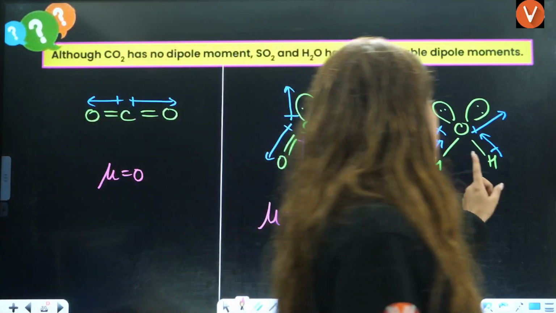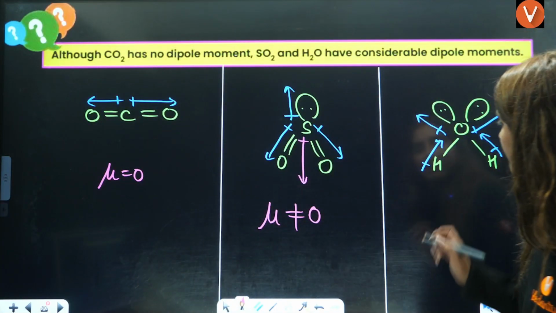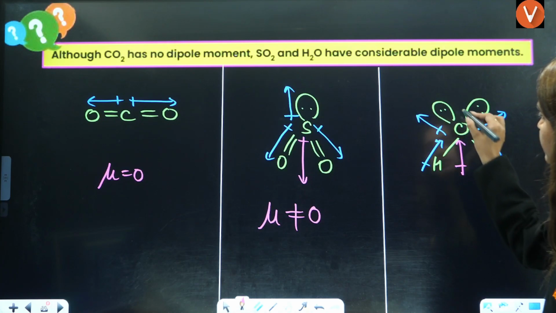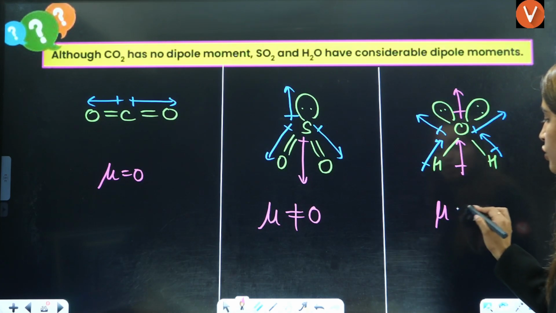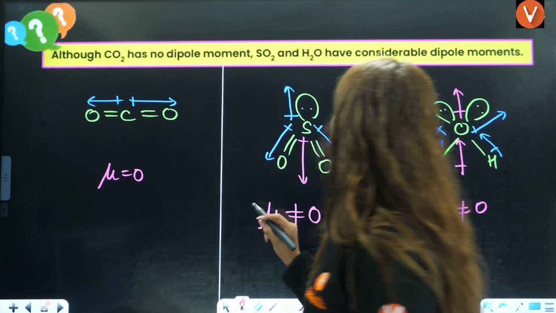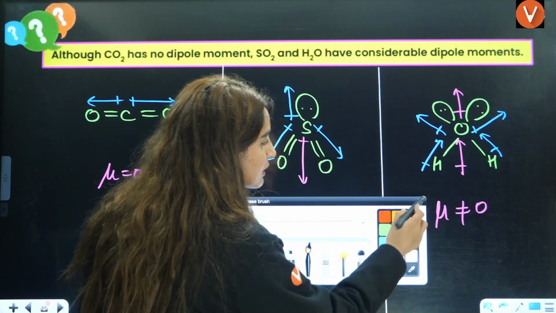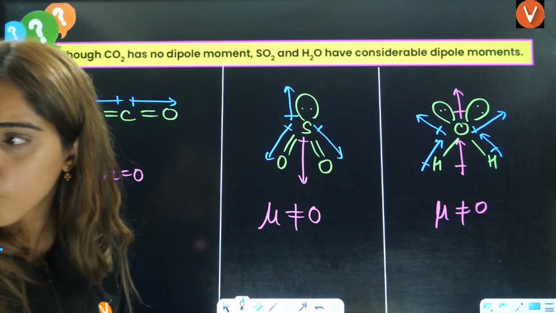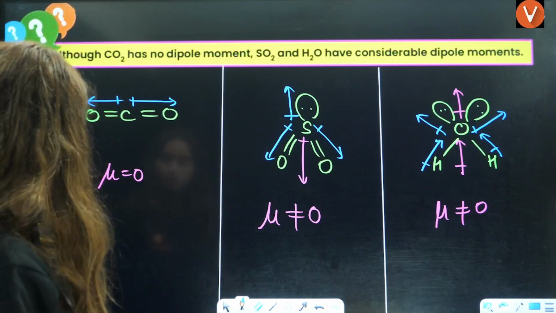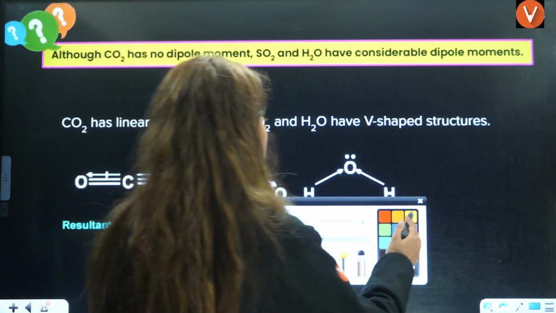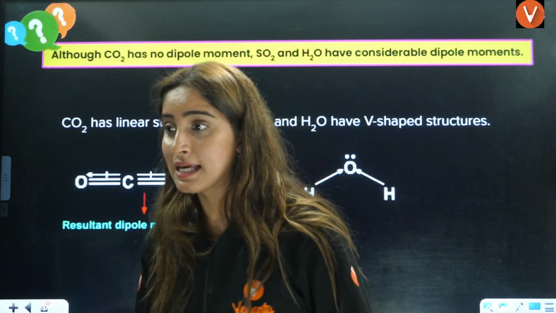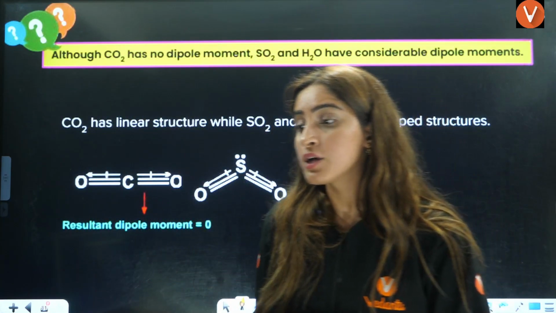And this will have maximum dipole moment if you say, because here resultant is going to go upwards, here also resultant is going to go upwards. So it is in the same direction. So here also mu is not equals to 0. That is why they have considerable dipole moment. Okay? Understood? Yes, students? I hope you are able to understand all these things. Right? Okay. So now,